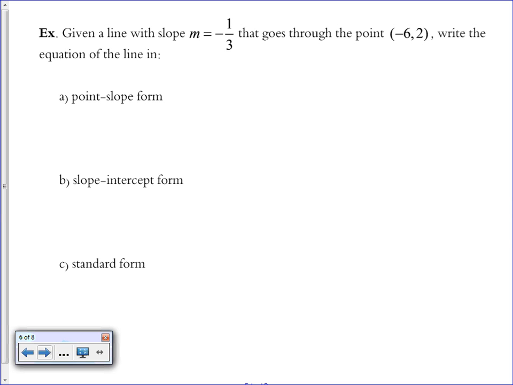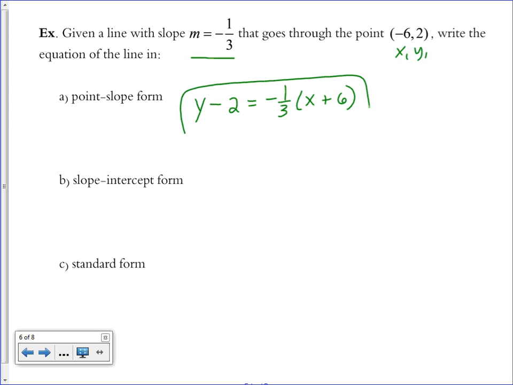For point slope form, all you need is a point, which we have, x1, y1, and you need a slope, which we have over here. So it's going to say y minus y1 equals m times x minus x1, and you stop. Nothing more than substitution. Then slope-intercept form involves getting y by itself, but in order to add the 2 to